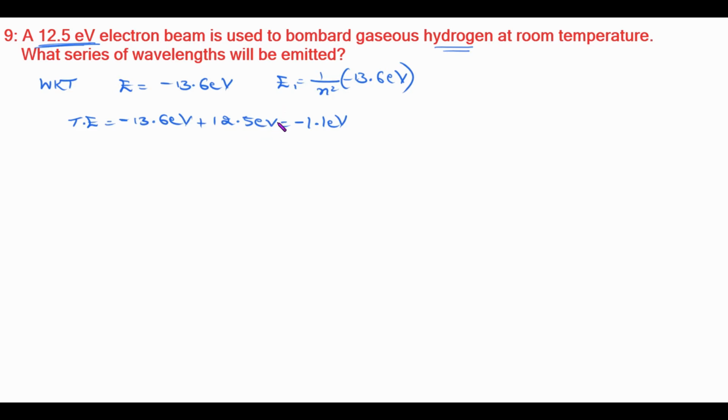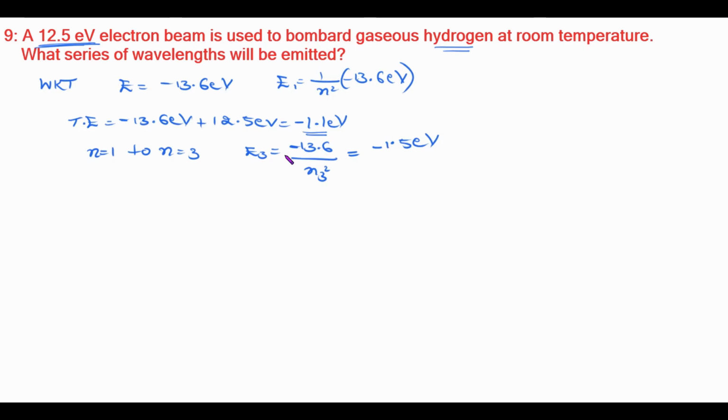Okay, so the transition is from the ground state. We have to try and check which level this is equivalent to. The electron would jump from n = 1 to n = 3, where E3 is equal to minus 13.6 divided by n3 square. We are just using the energy formula. So we get minus 1.5 eV.